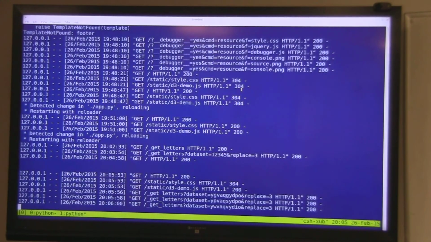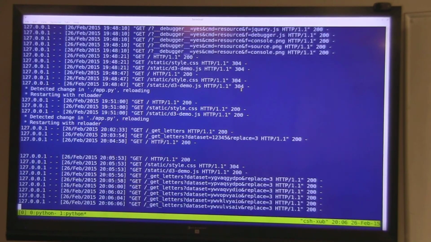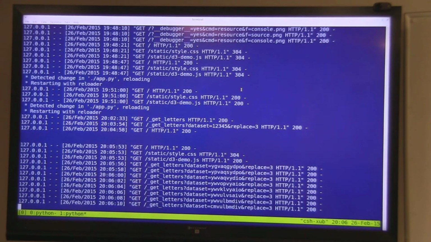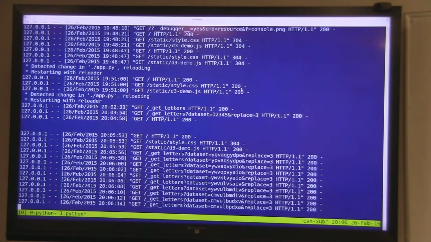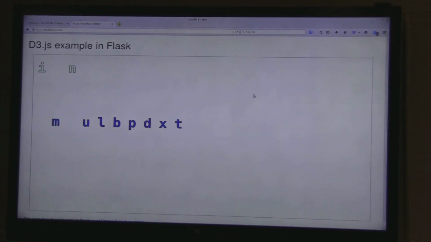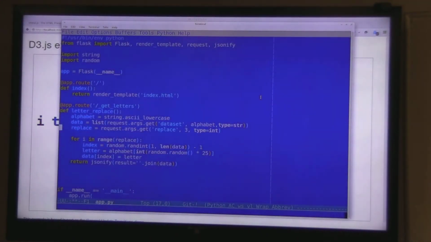Now, on every update, it's calling the server, and it's calling that path, get letters, with a data set argument and a replace argument. And so this is happening locally, server side, and then client side, it's displaying the updates. So let me just run through how that's happening. This is the server side. We have a route, we pass in the args, unpack it, and send it back. And then on the client side, on the JavaScript,